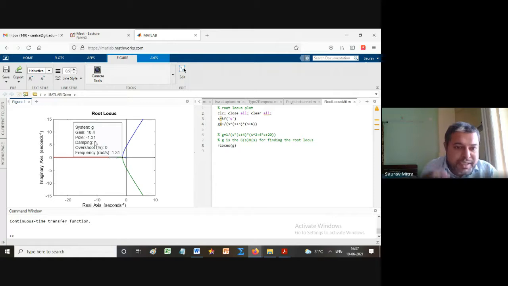Breakaway point was -1.27. So in that G(s)H(s) equation, if you are substituting, the pole position was -1.27, it was a real pole, there was no imaginary part. So if you are substituting s as -1.27 in the G(s)H(s) equation, that is K critical divided by s into s plus 3 into s plus 6, then you will be finding that it is coming to be the denominator. If you multiply, it will come as 10.39. Yesterday we have solved it, so the same thing I am showing you. और क्या देखते हैं?